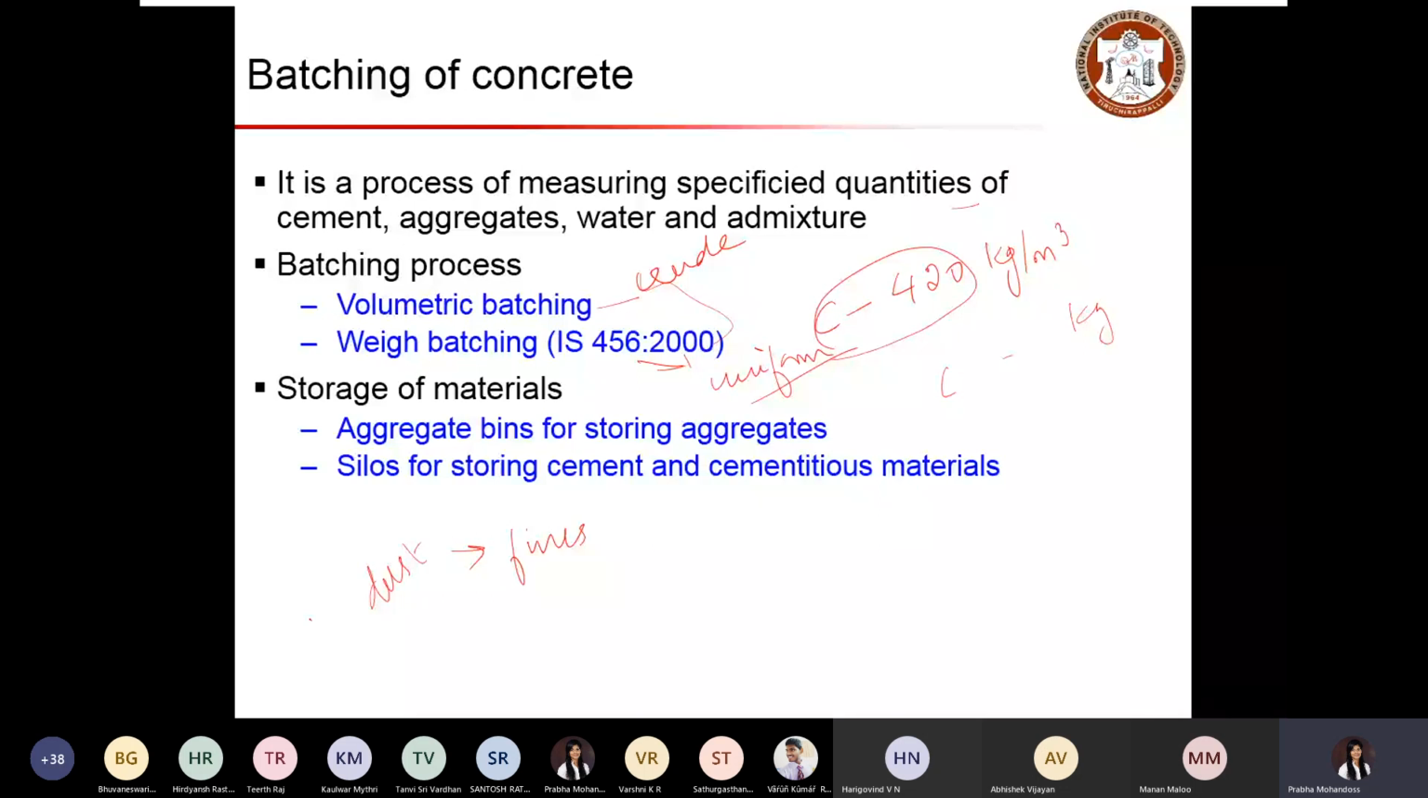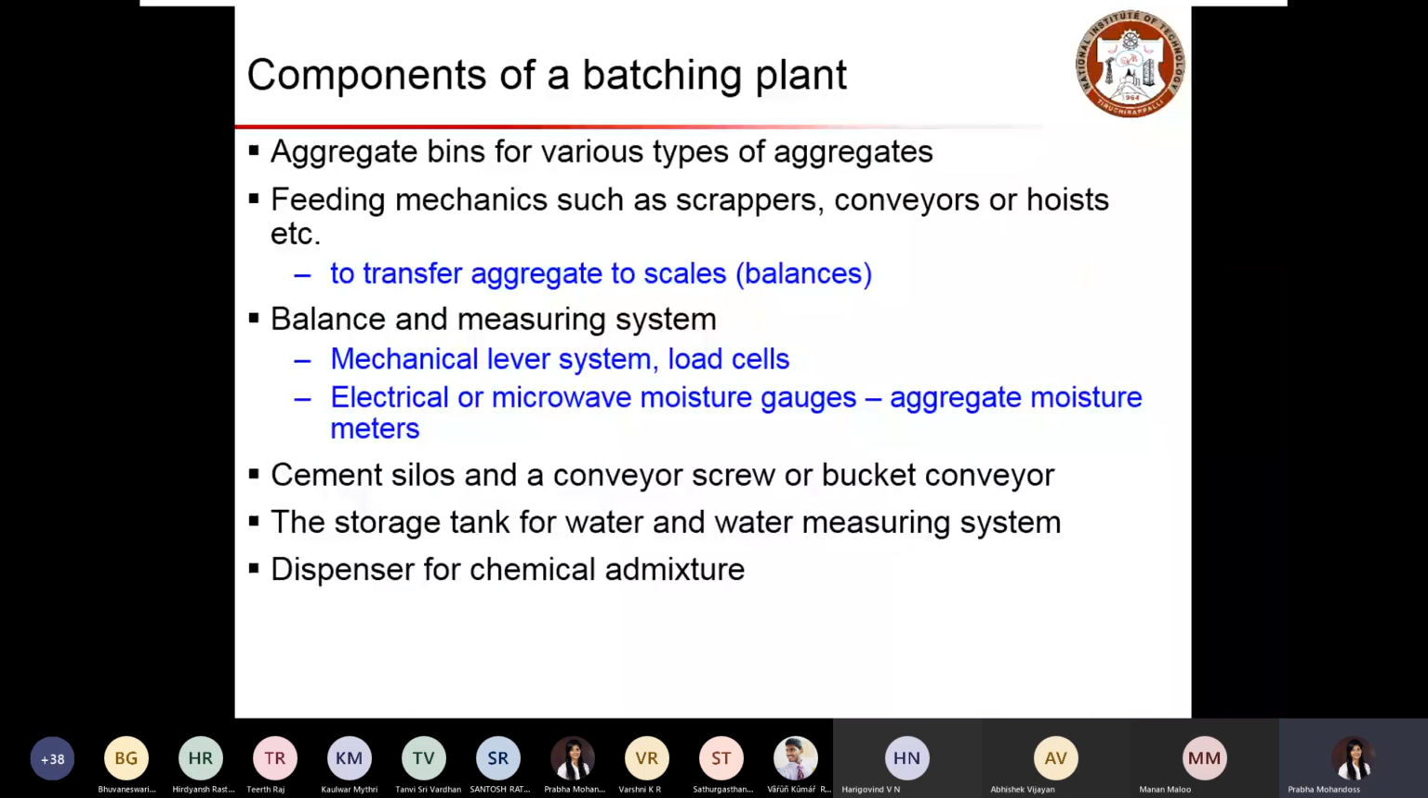Silos are used to store the cement and cementitious materials, especially if you do batching for a large infrastructure project. This kind of batching you can see in a ready-mix concrete plant or precast yard industry. You may not see such things when you do concreting on site. There your materials may be exposed, but care should be taken such that the variation is not